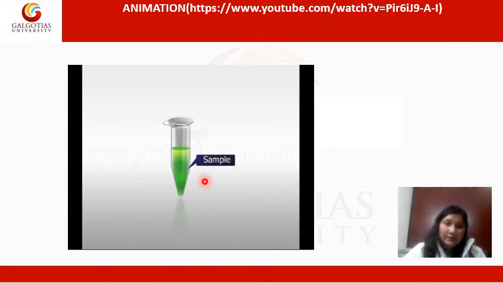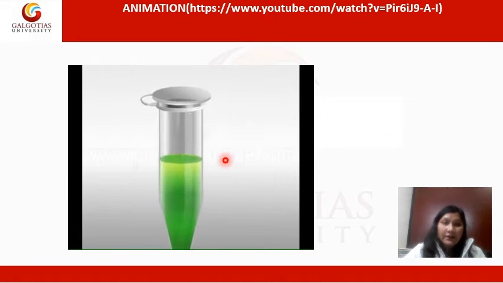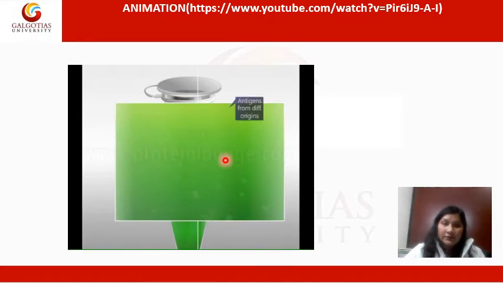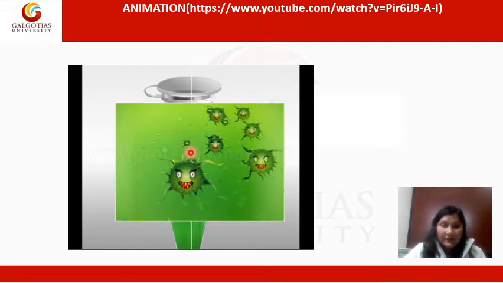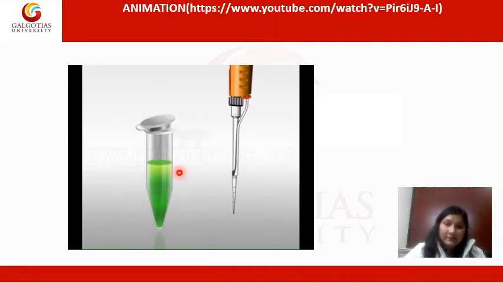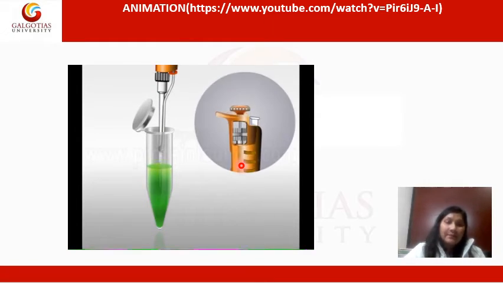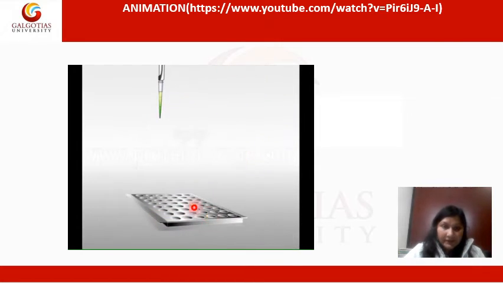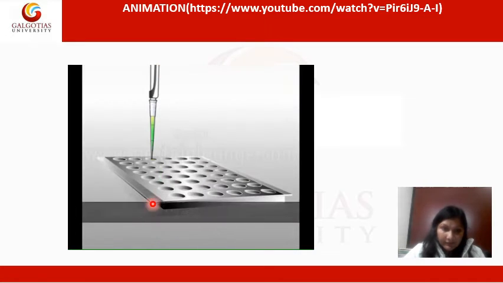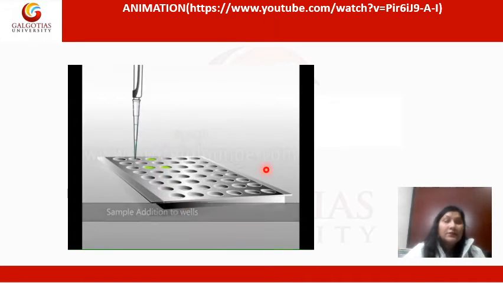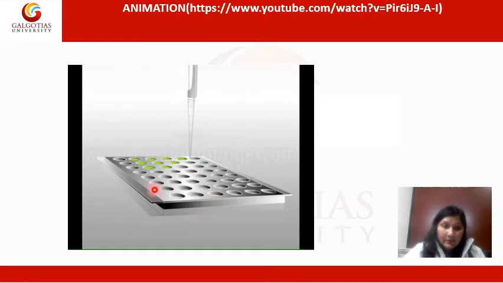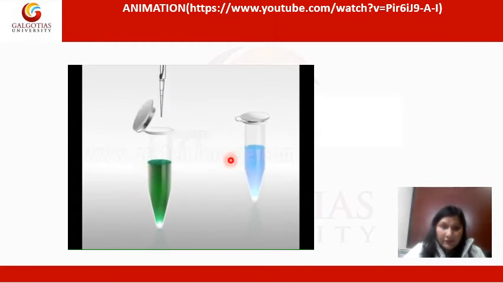See, this is a sample which has to be checked for whether a particular antigen is present in it or not. Suppose I have taken a sample in which bacterial antigen is present. Now we will use a microsyringe to fill this sample solution in a microtiter plate. You can see here, this is a microtiter plate. We will fill all the wells with the sample solution, leaving this first row as background. This is positive control and this is negative control.